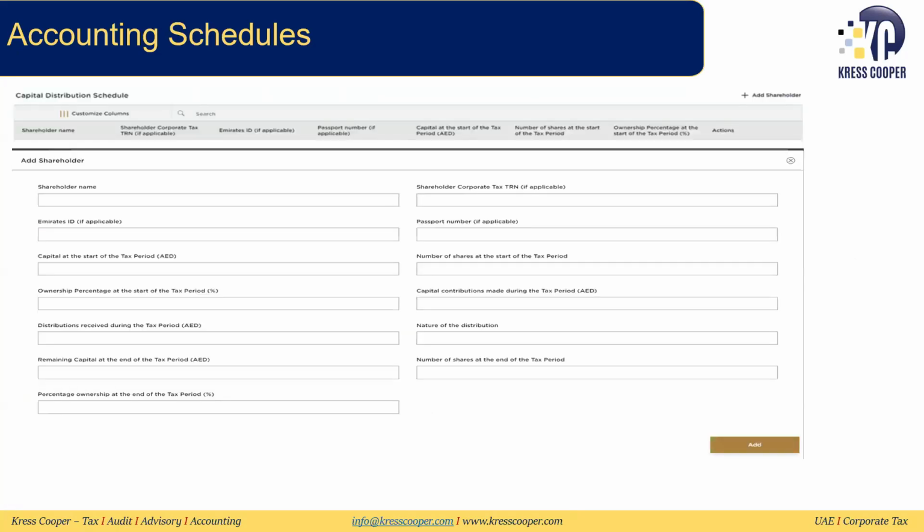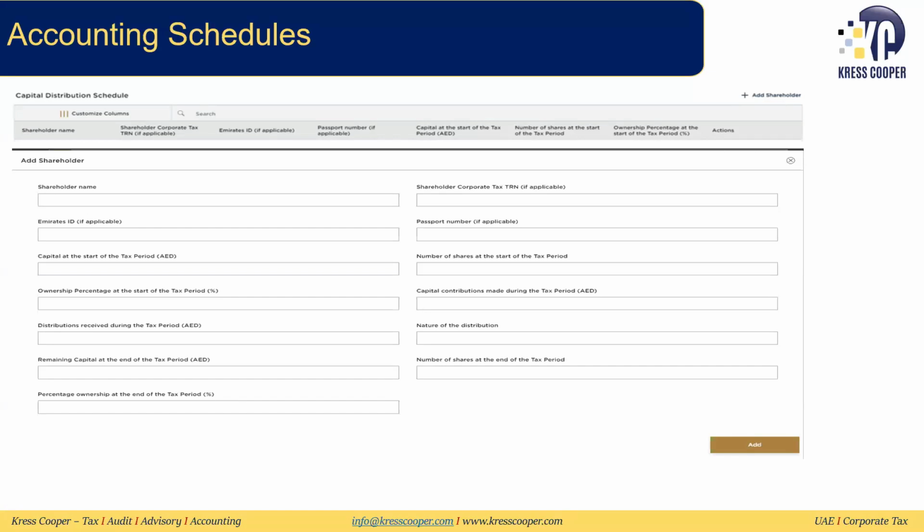Then it is asking for the capital distribution schedule. Here you will have to add all the shareholders, and for each shareholder, they're asking what is the shareholder name, what is the shareholder's TRN if they have any, what is the Emirates ID, what is the passport number, what is the capital at the start of the tax period, number of shares at the start of the tax period,